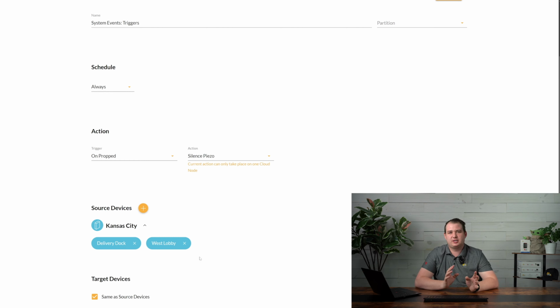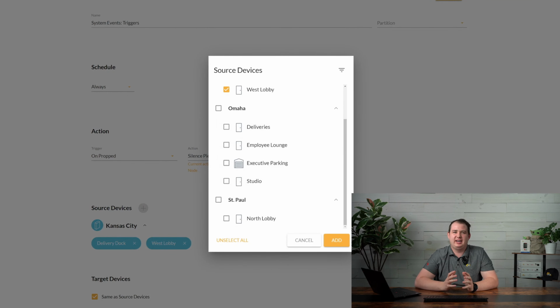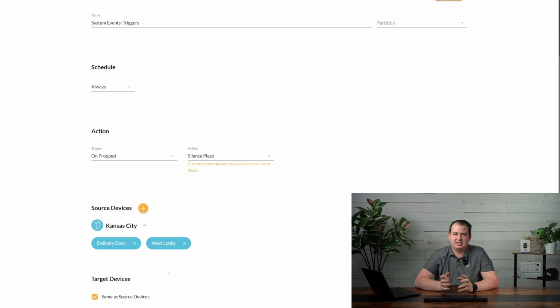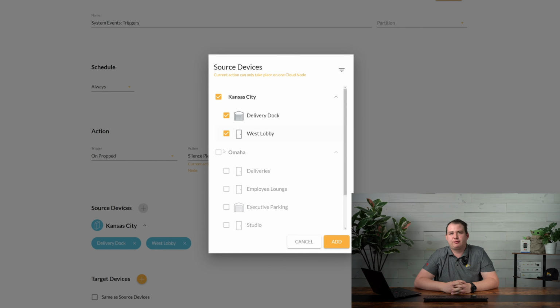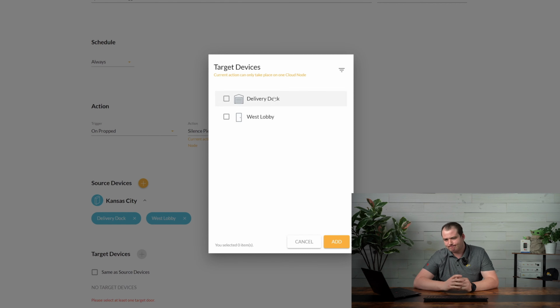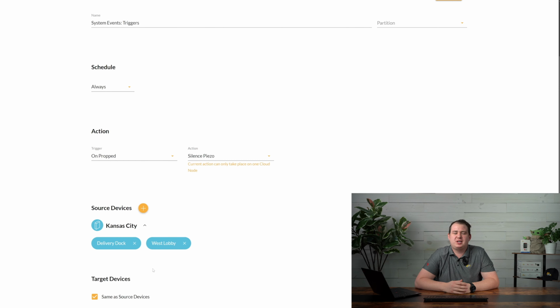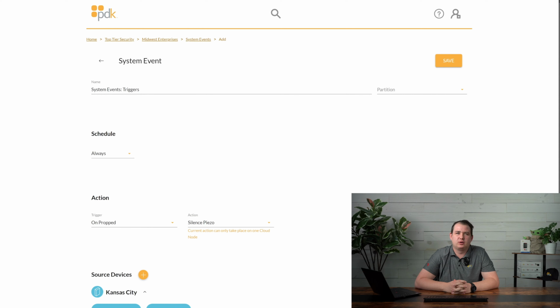And again, I want to reemphasize that it may look complex, but it really is nothing more than an if this happens, then do this statement, which a lot of people are familiar with as you go through and configure these kinds of things. Or if you're familiar with programming, you just say, if this happens, then do this. So just be sure to select the correct source and target devices. Again, you can target different source and target